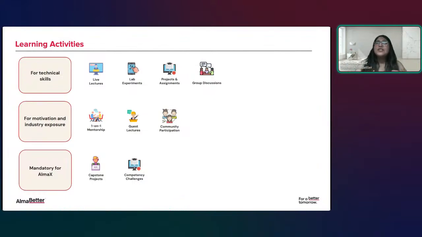There will be guest lectures from IIT Guwahati. Professors, very experienced people will come here. They will give you some industry knowledge on different topics here. Community participation is also there. You will get people who have got placed through us, right? So they will come to our platform. They will also motivate you, telling how their journey was, and how you can also have the same journey that those people are living right now, right?